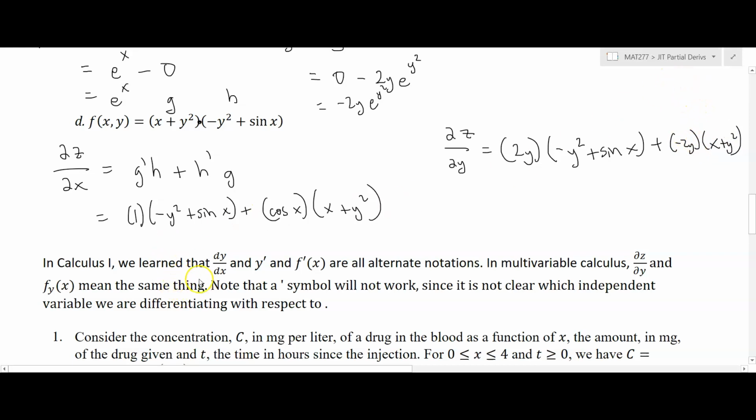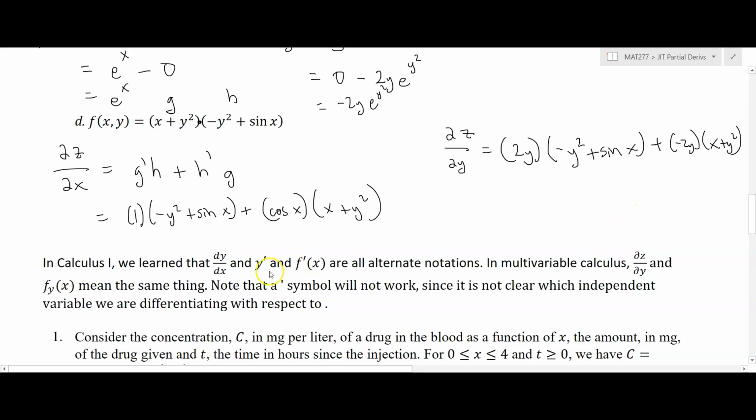So in Calculus 1, we learned that dy dx and y prime and f prime of x are all alternate notations. In multivariable calculus, dz dy and f sub y of x mean the same thing. Note that a prime symbol will not work since it is not clear which independent variable we are differentiating with respect to. So the reason we don't use primes and we use this subscript y, this means the same thing